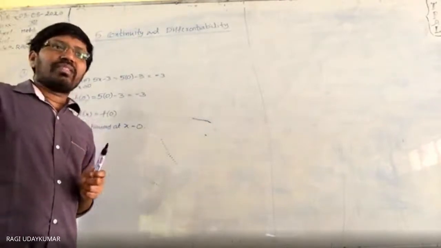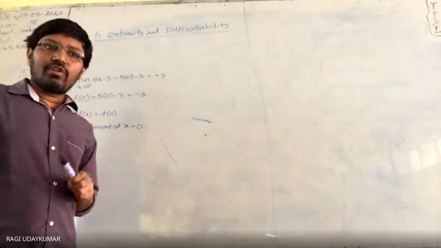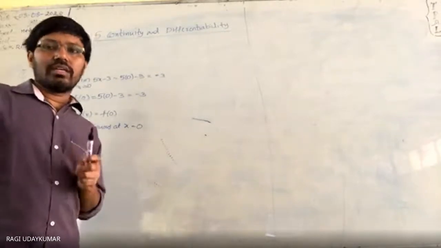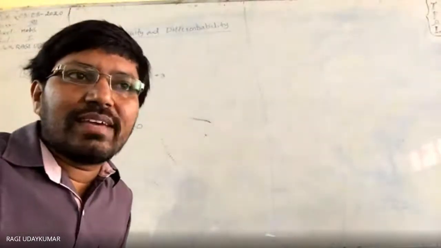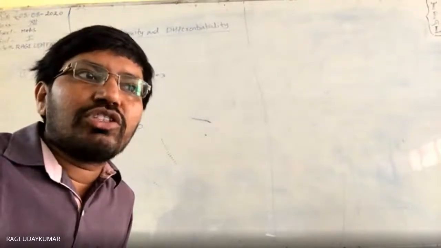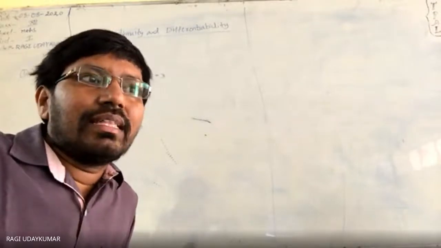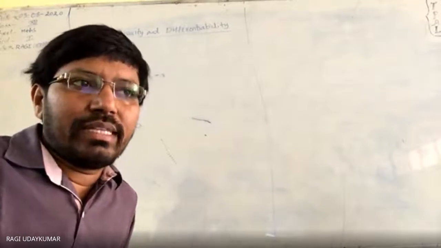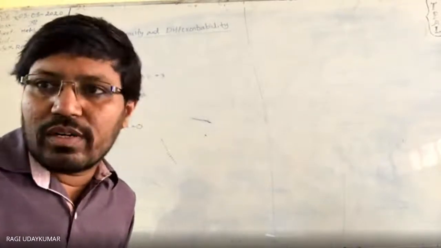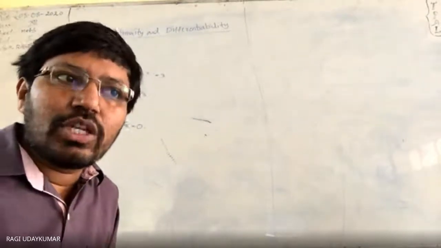In the third problem, examine the following functions for continuity. Whether the following functions are continuous or not, you need to check that. When these questions are given to you, normally the first question is at a particular point. The second question is also at a particular point, 2x square minus 1. In the third question, continuity check means, at a particular point, suppose f of x is equal to x minus 5. Whether it is a continuous function or not, you need to check.